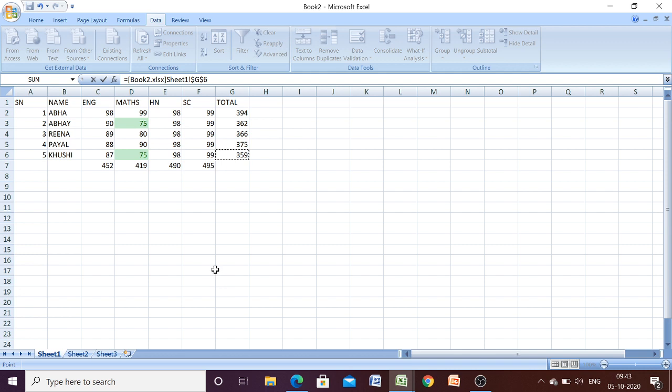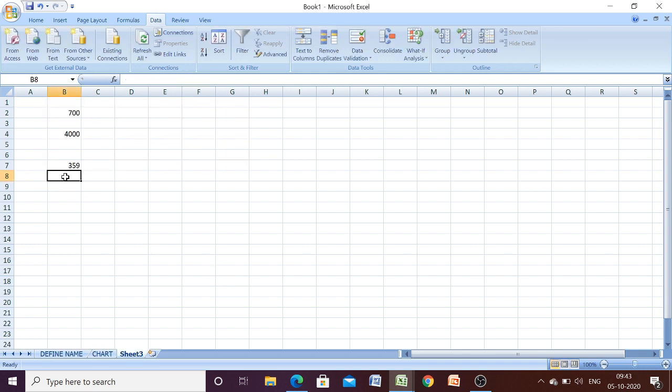Okay, so when we press enter, the value has appeared here. You can see in this way we can get our value. So here when you put on the cell, automatically you will know what formula is to be written. So this is the shortcut method. You can write the complete formula also.